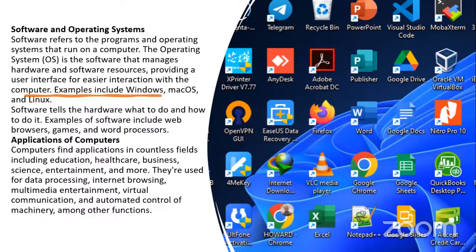Hello, sir. I want to ask who are those that are developing this software? You are the one, that's why you are here. Now, you want to learn how to develop these.